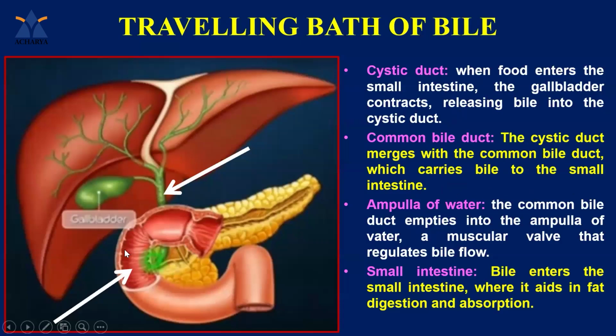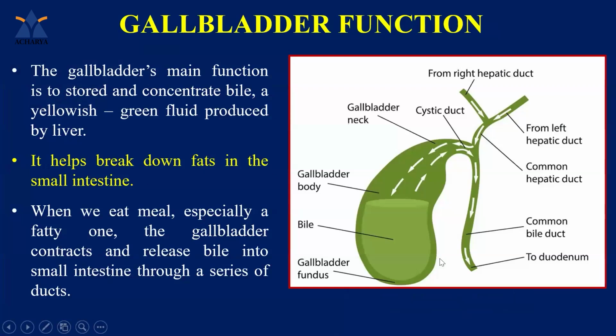The ampulla of Vater. This is the ampulla of Vater. The common bile duct empties into the ampulla of Vater, a muscle wall that regulates the bile flow. Then the bile enters the small intestine, where it aids in fat digestion and absorption. So we go to